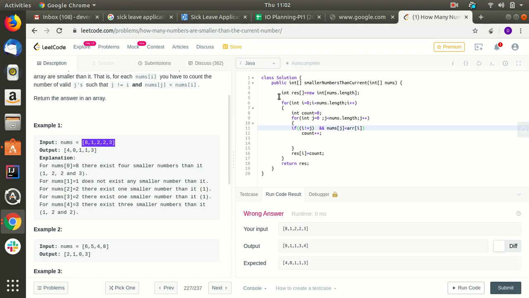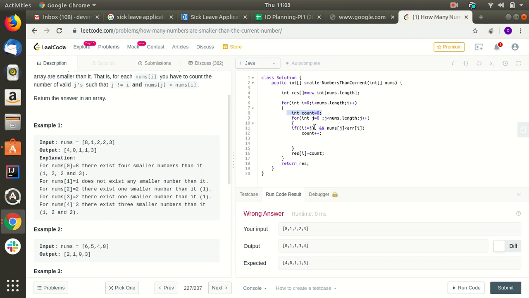So we have a resultant array of 5. nums.length is 5. For i equal to 0, i less than 5, i plus plus. Int count we have initialized equal to 0. Now for int j less than nums.length, j plus plus. So in the first iteration, nums[i] is 8.